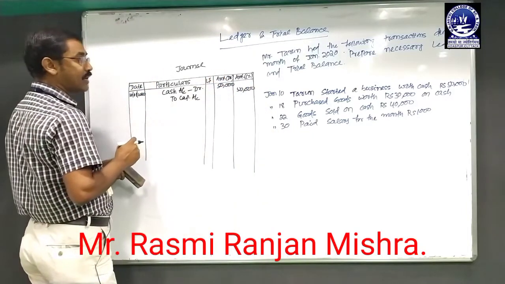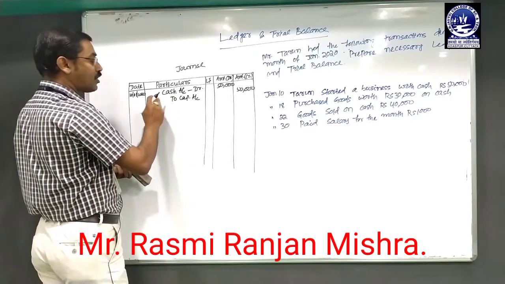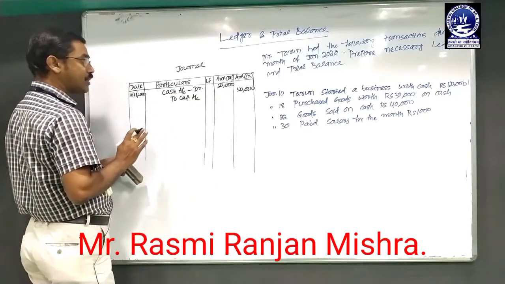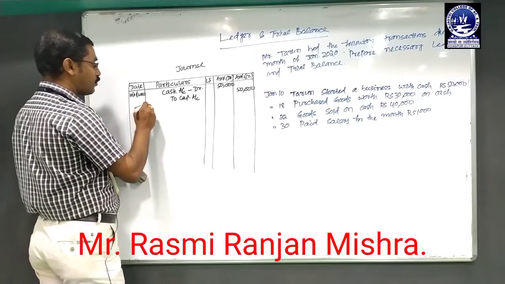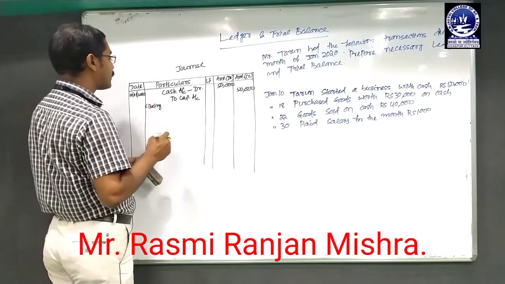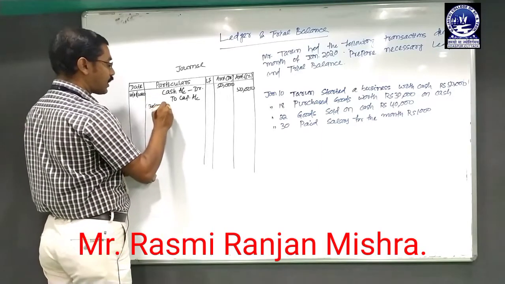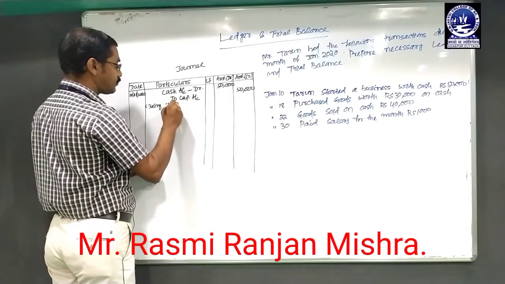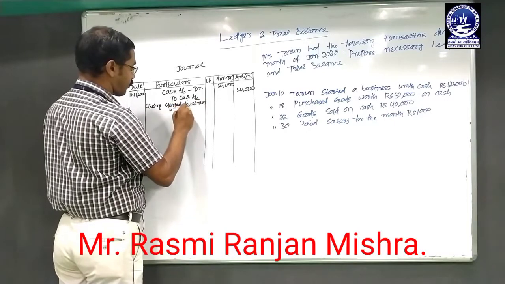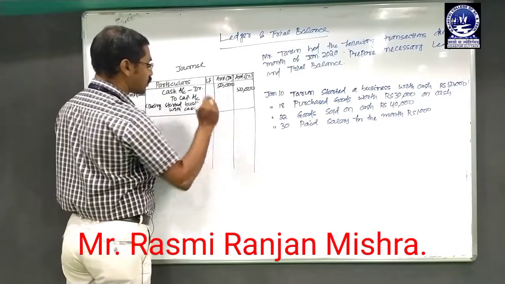The third column is the ledger folio column, which shows the reference number of the particular account. If the page number is there, we must mention it in the ledger folio column, otherwise that column is kept blank. And after passing the journal entry we must put the narration, which means a short explanation about the journal entry, always started with the word 'being': being started business with cash. So this transaction is complete. Then after completion of the journal entry, we put a straight line.